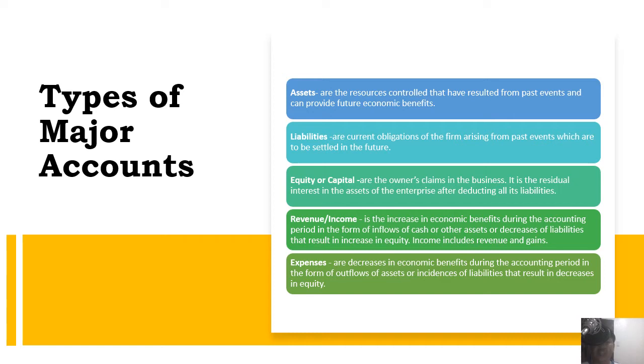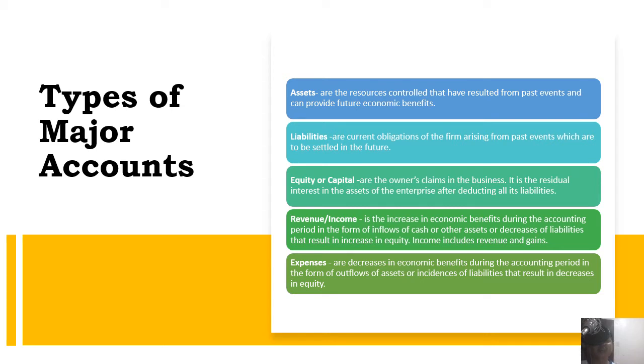Number 2, liability. Liability are current obligations of the firm arising from past events which are to be settled in the future. So, ang important points dyan is yung current obligation. So, it is current and valid obligation. So, hindi pa siya dapat nag-prescribe. Hindi pa siya nawalan ng visa kasi nga current